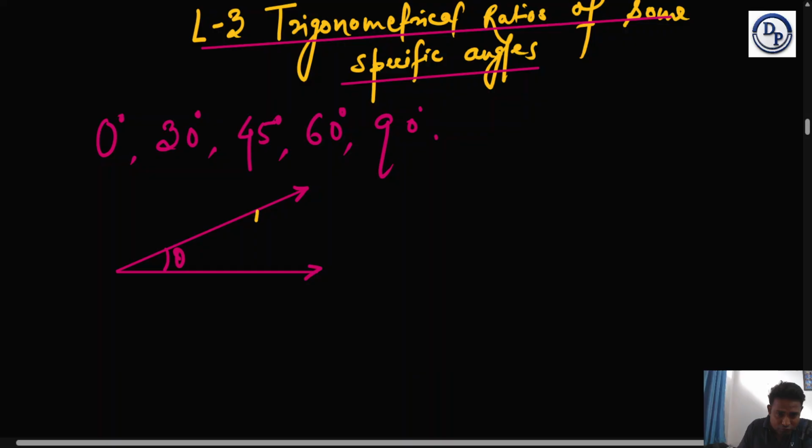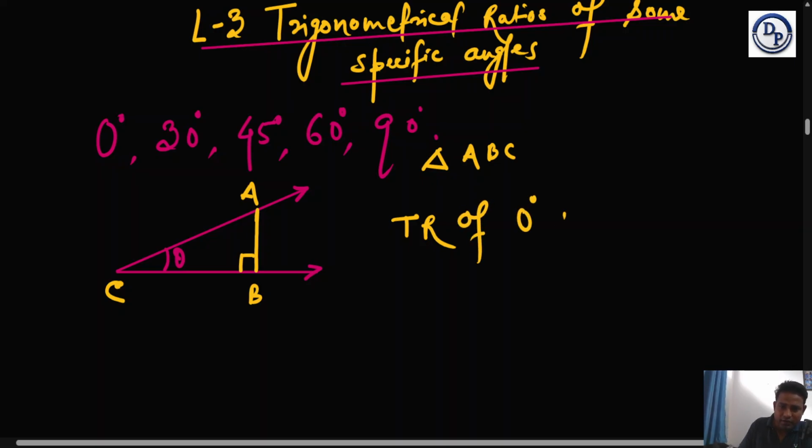First of all, what we do, we draw a perpendicular line from here. We name it as A, B, and C. This is 90 degree. Now we have triangle ABC. The angle of consideration which we are going to talk about is theta. Now first of all, we are going to find the trigonometrical ratios